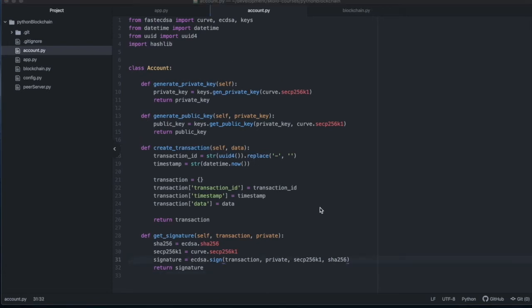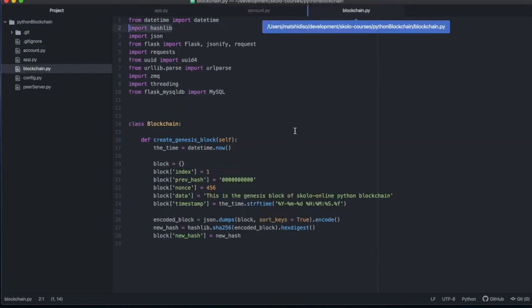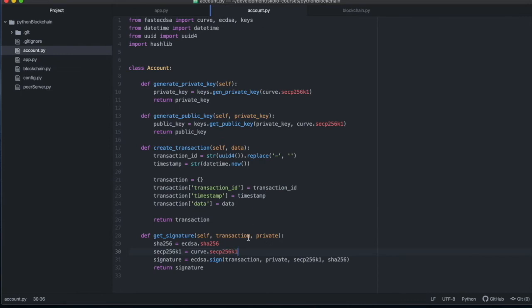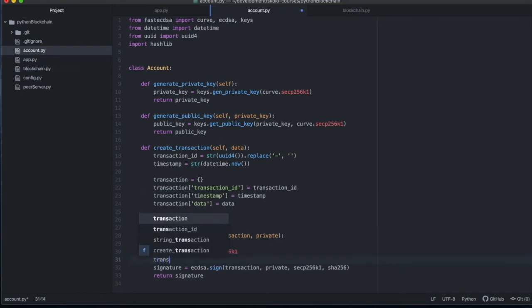Okay, so continuing, let's quickly correct the problem with this function. The problem here is that we are trying to pass a transaction as a Python dict object, and to sign a Python dict object, you need to have this as a string or an encoded string. So to do that, let's just have a look at our function here. I'm just going to copy that and create a new variable here that says transaction is equal to